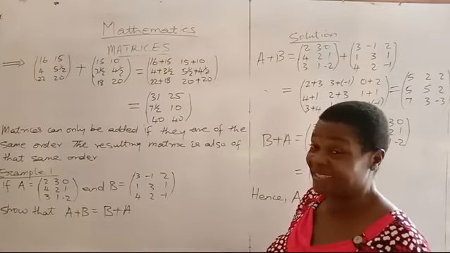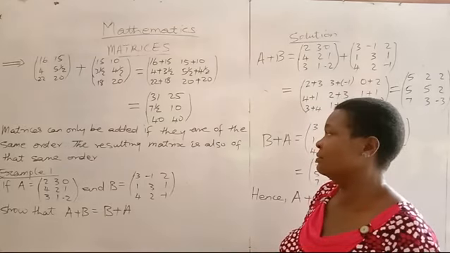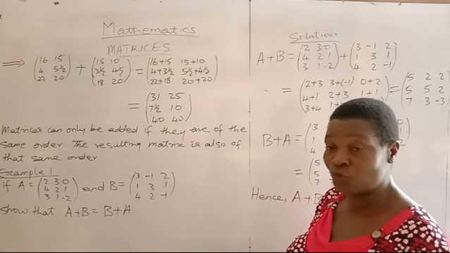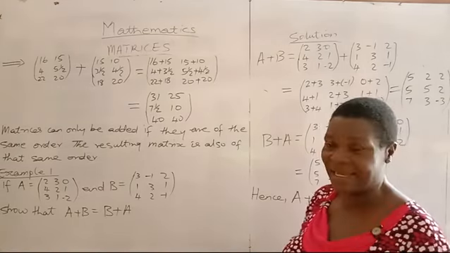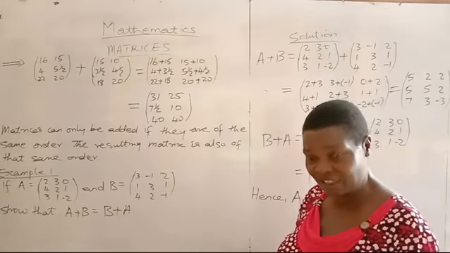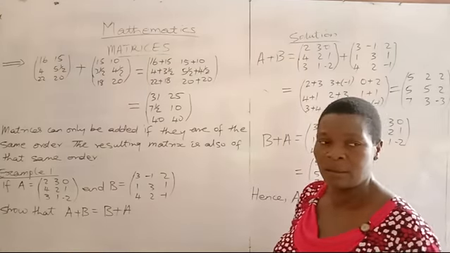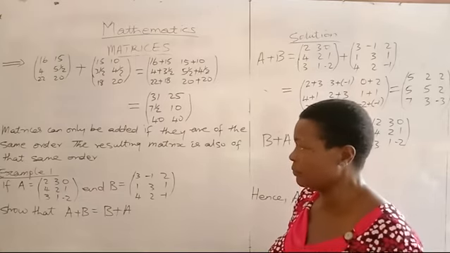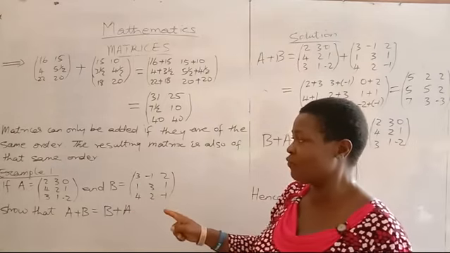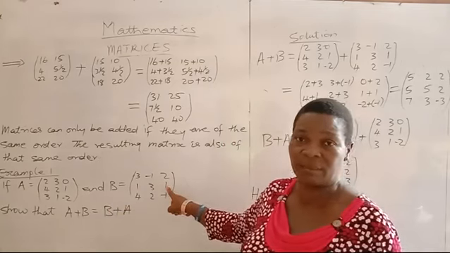Matrices can only be added if they are of the same order. And the resulting matrix, that is the sum of 2 or more matrices added together, is also of that same order. At the end of the addition, the sum will still have the same order as the matrices added. Example 1. If A equals this matrix and B equals this matrix,